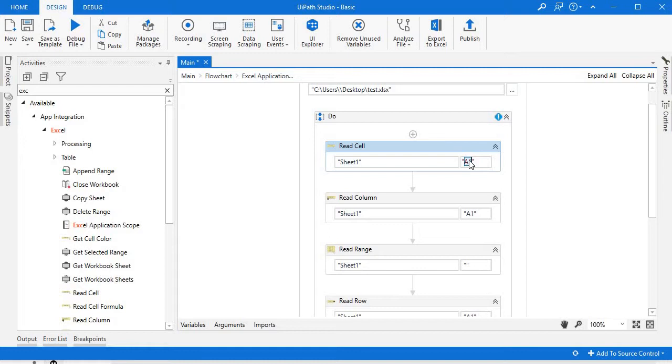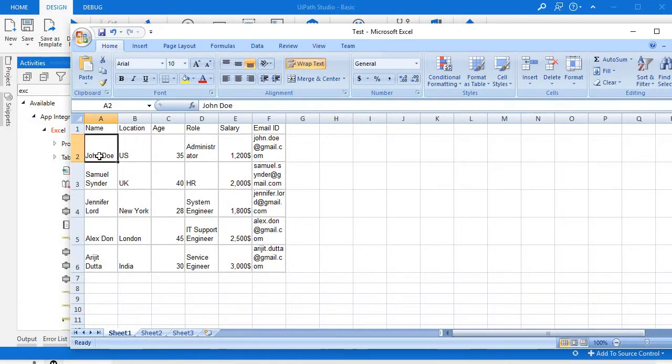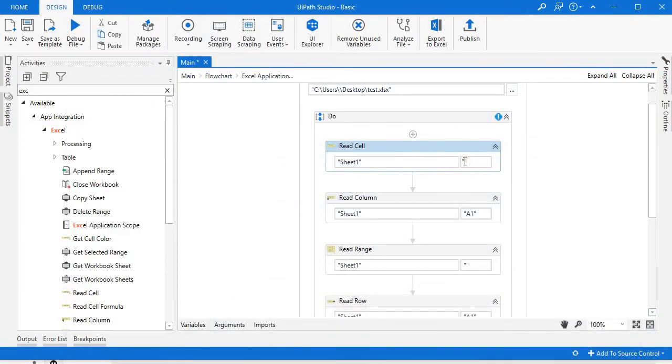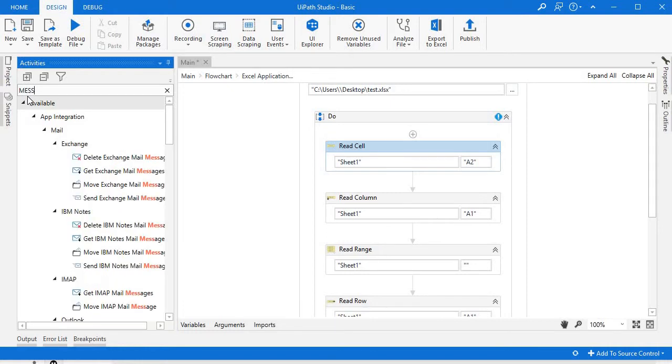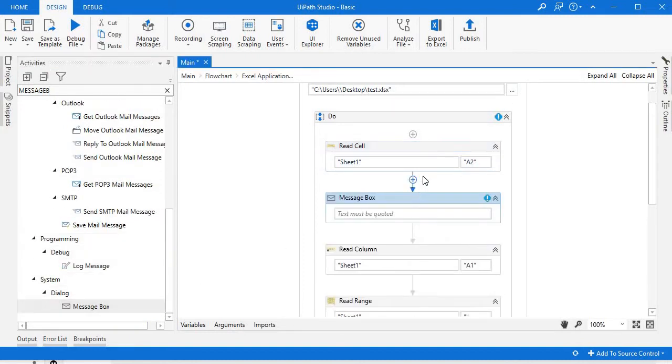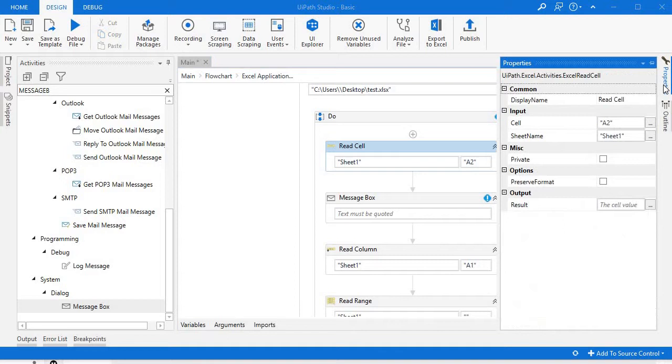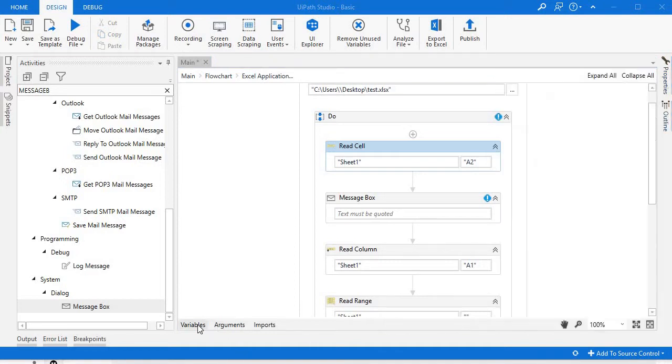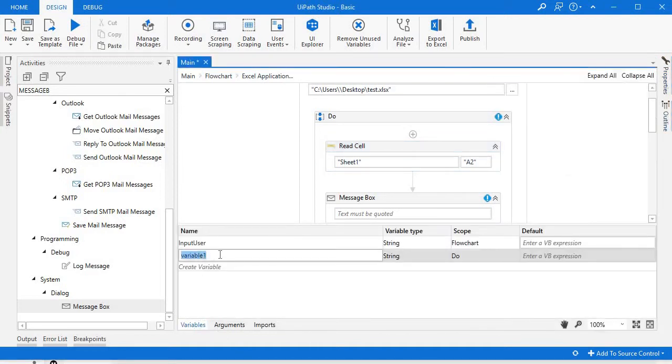And here you need to give the cell number. Suppose A2. I am saving this data in an output variable, creating a new variable like the previous method.